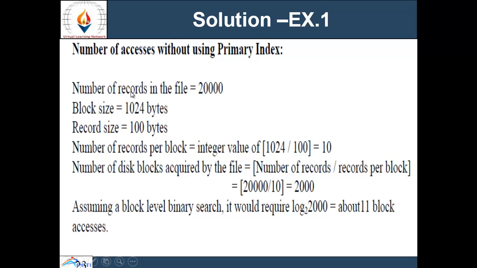The number of records in the file is 20,000, block size is 1K, that is 1024 bytes, and record size is 100 bytes. The number of records per block is 1024 divided by 100, that is 10, and the number of disk blocks is the total number of records divided by records per block, which is equal to 2000. Assuming a block-level binary search, it would require log2 2000, that is about 11 block accesses.